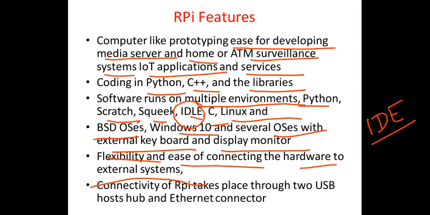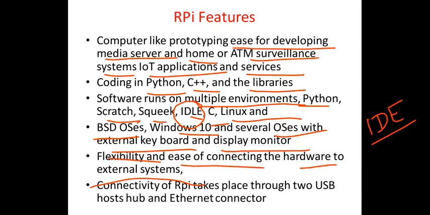In fact, earlier we used to face a lot of problems. Nowadays these things have been made more and more user friendly, and this is one best example, your Raspberry Pi, wherein you have the flexibility and ease of connecting the hardware to the external system, right? So you don't have to do too many connections, right? So you have got your jumpers, headers, shields and all, which we have already spoken about, and as long as there is a compatibility between your external devices and these jumpers or shields, right, you can easily get them connected